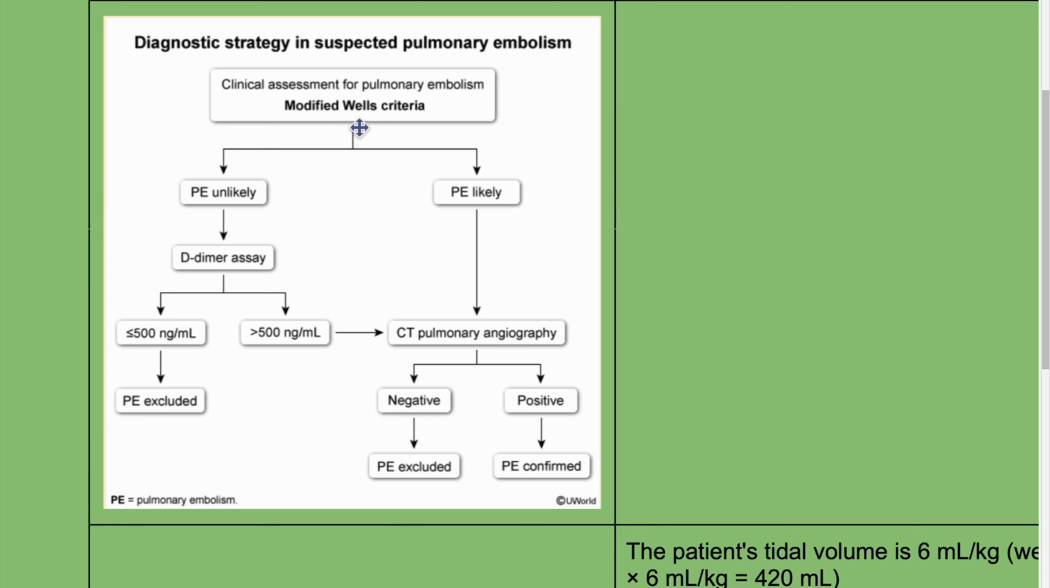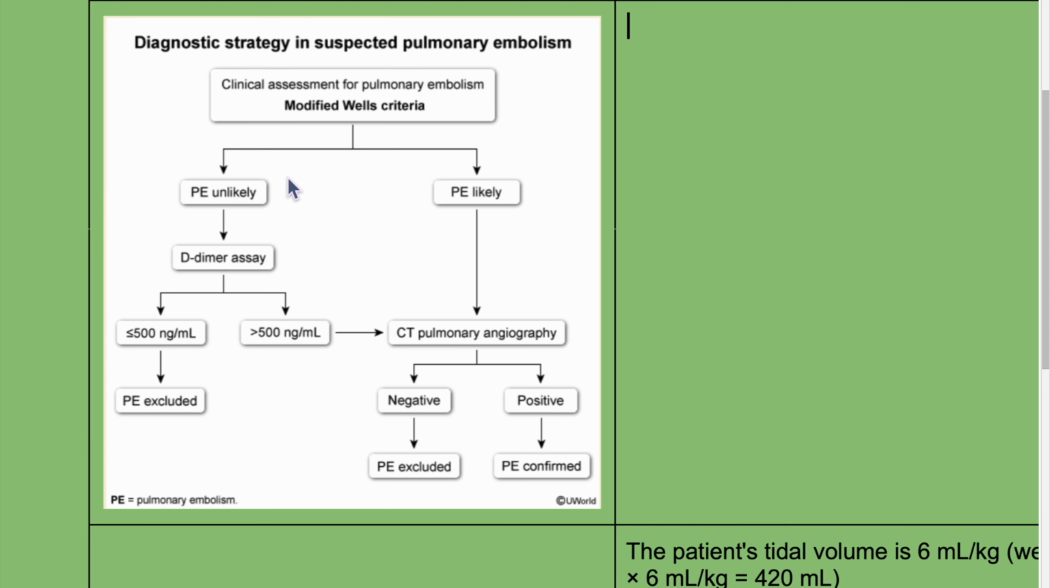So if you think someone has pulmonary embolism, this is how you go about it. Clinical assessment for PE, modified Wells criteria. If PE is likely, then you do CT pulmonary angiography. If it's negative, then PE is excluded. If it is positive, then it is confirmed. However, if PE is unlikely, like they don't have the history for it,